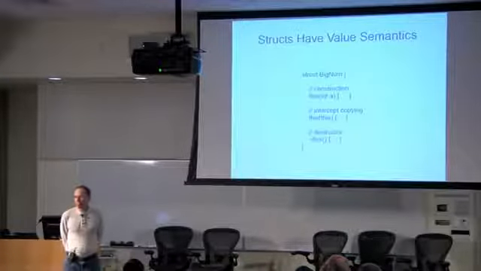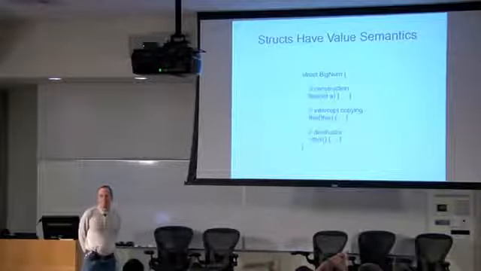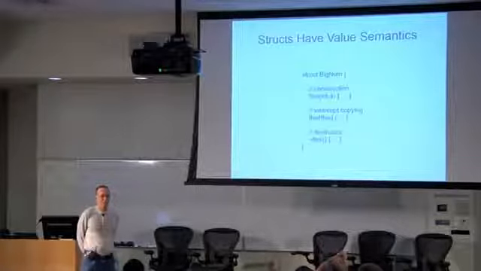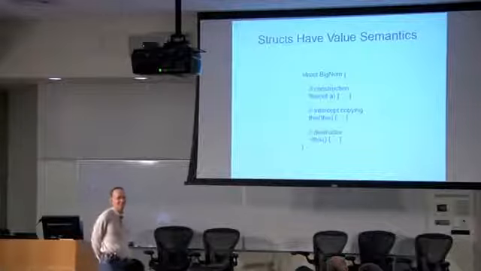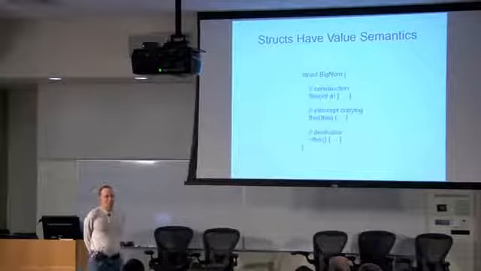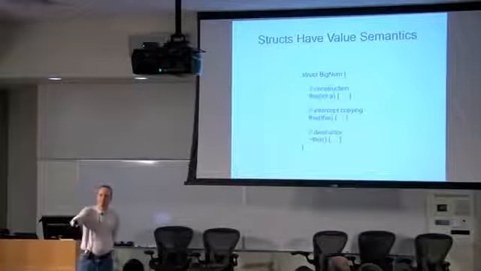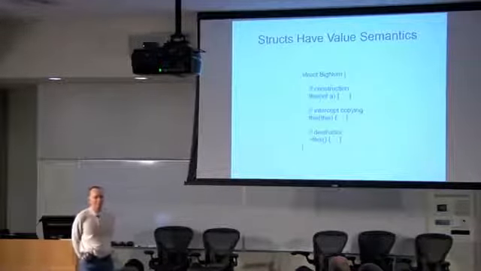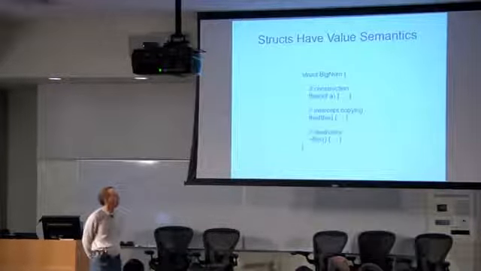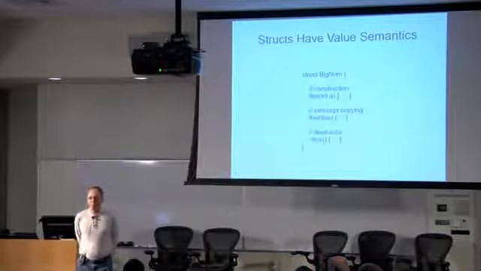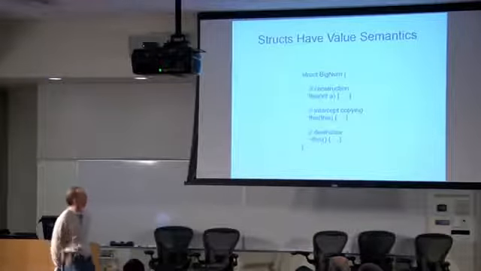And so anybody got an idea of what would be something you want to tweak after you copy it? Anything newable? A reference? No, in a garbage collected language, you don't need to copy what the reference is pointing to. Internal pointers? There you go, sir. Reference counting. You want to bump the reference count when you make a copy. That's actually probably one of the biggest. I have a hard time even thinking really of many other uses for doing something other than a blit.